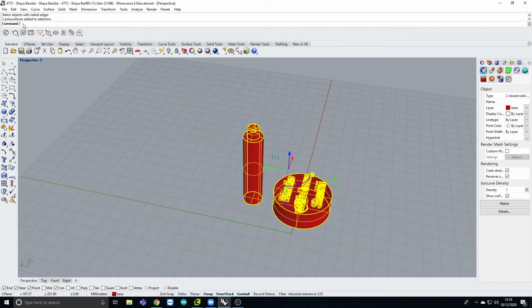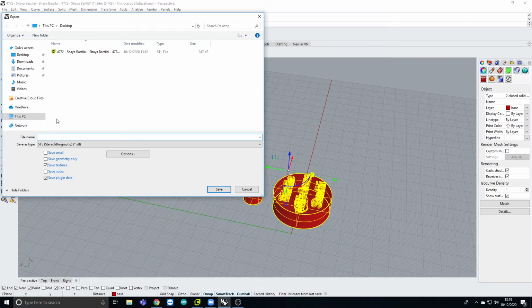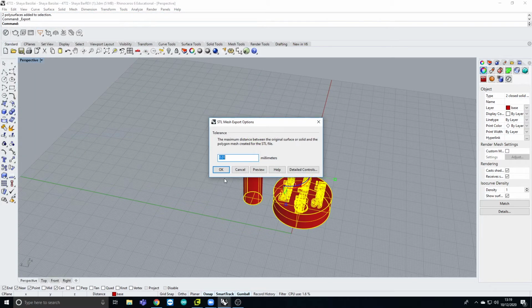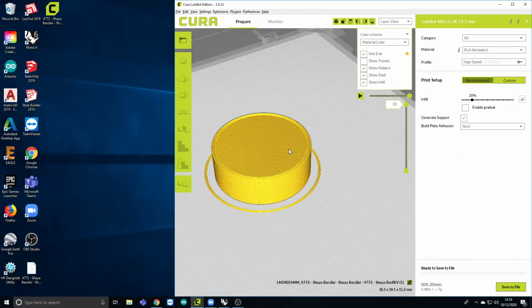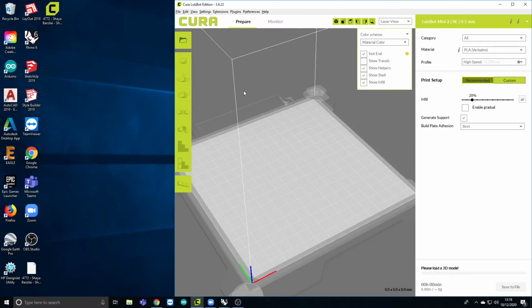I'm going to select both of these, file, export selected. I already checked if this was in millimeters earlier, so we should be good. I'm going to put this on the desktop, and I'm actually just going to rename it the same thing. It's going to ask me if I want to replace it, and I'm going to say yes. Great. So now we can go here. I'm going to delete this model. This is something that we'll do on our end,